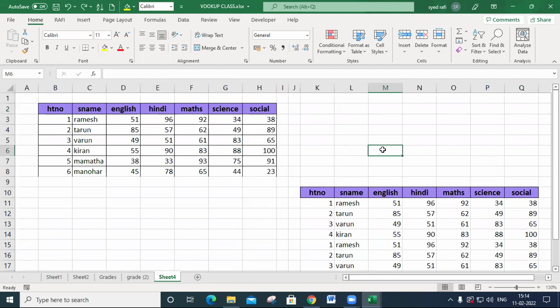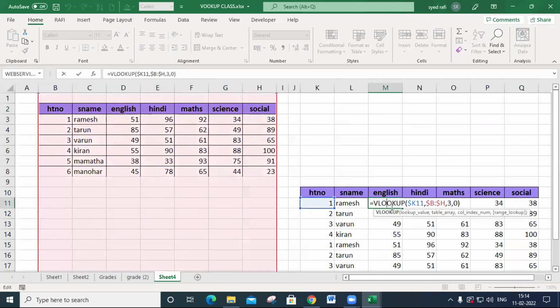And one more thing: each and every time there is a problem for me, I don't want to change this column index number. Each and every time I can't change it, which makes it very hard for me. So, without entering the column index number, is there any trick? Only one formula makes it easy and fully dynamic.